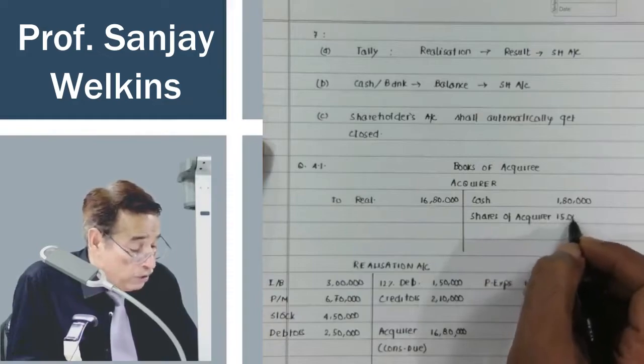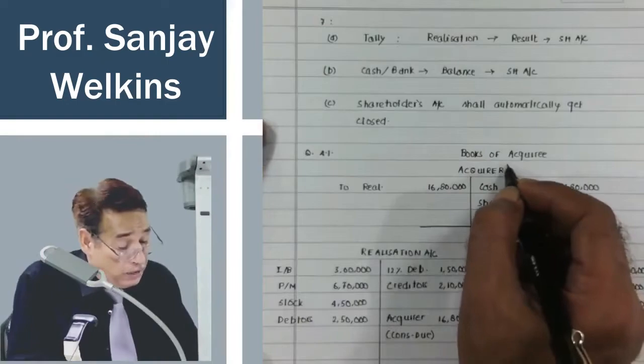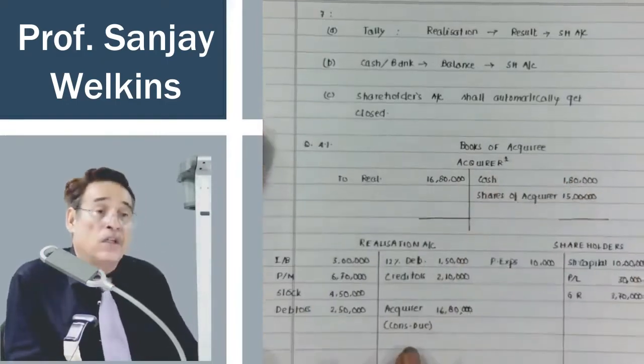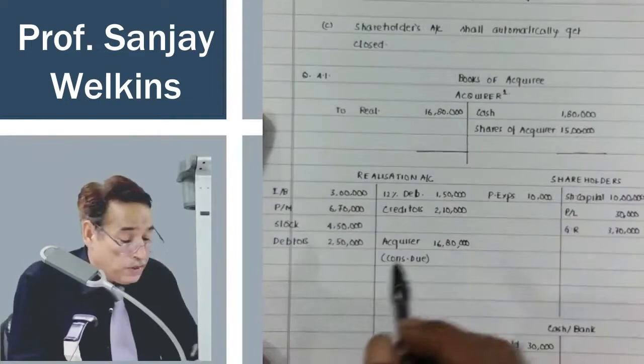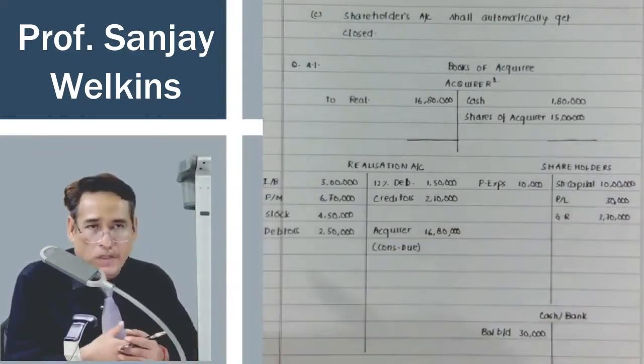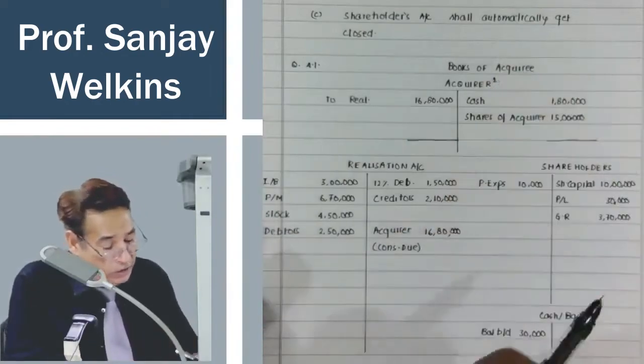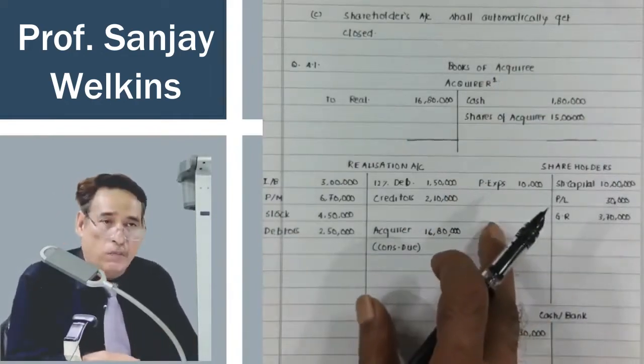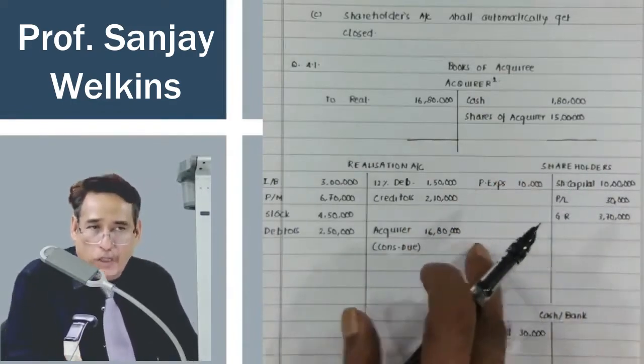of acquirer company to the extent of 15 lakh, 1 lakh shares of rupees 10 each at the rate of 15. The moment we receive the amount, the acquirer company account will get closed. Is it clear to you? Now, whatever cash you received and whatever you received actually, that is received by the owners of acquirer, logically both these things should be transferred to the shareholders account, because ultimately they will move into the hands of the owners.